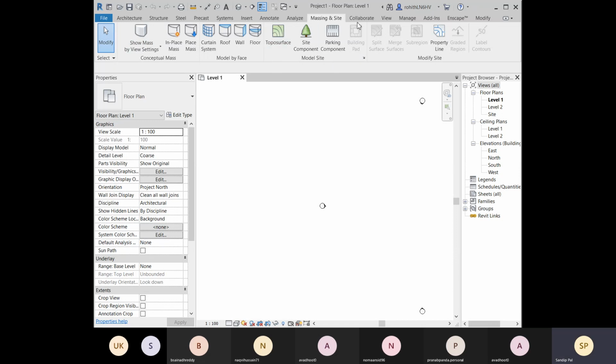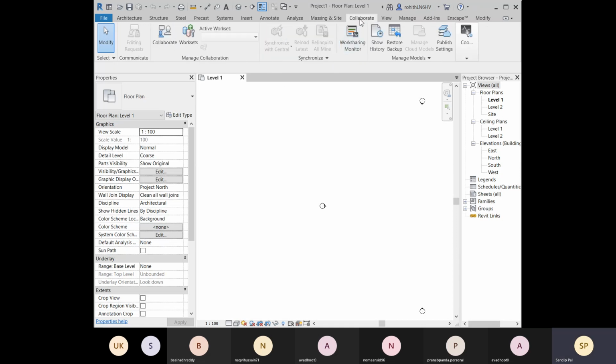All right, so we have the Collaborate option. With the help of this, we can collaborate within our team. We can create one master file, and we can collaborate by our local files with the master file. We are going to learn that also.